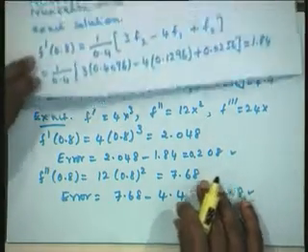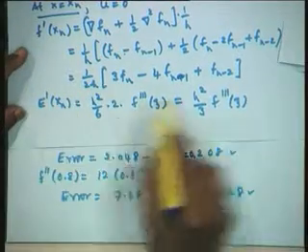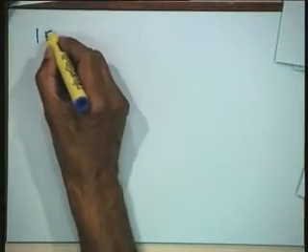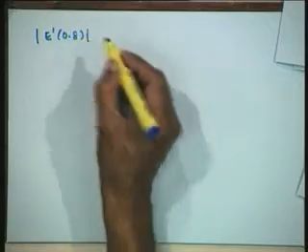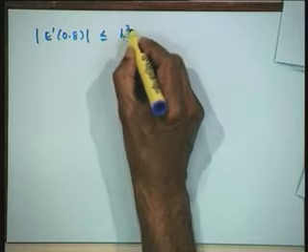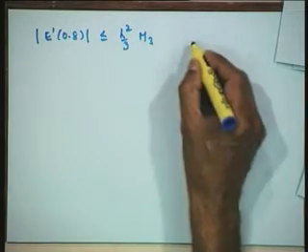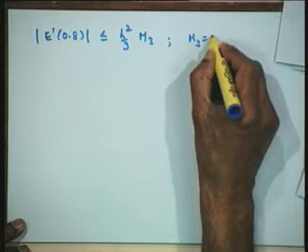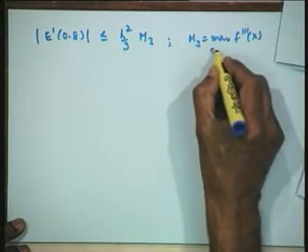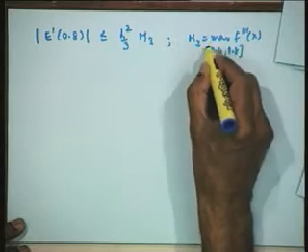Now, let us see what our theoretical values of the error tell us. The theoretical expression for the first derivative error is h square by 3 f triple dash xi. Therefore, let us try to find out the error from this. The magnitude of the error at 0.8 is less than or equal to h square by 3 M 3, where M 3 is the maximum of f triple dash of x in the given interval. The given interval is 0.4 to 0.8. So, in this interval.